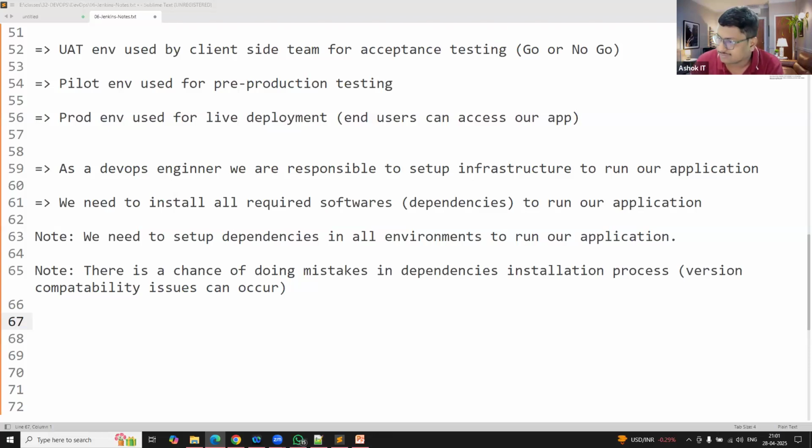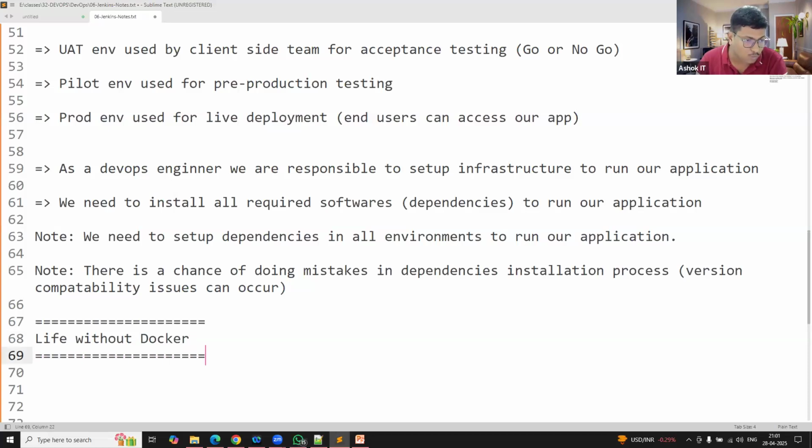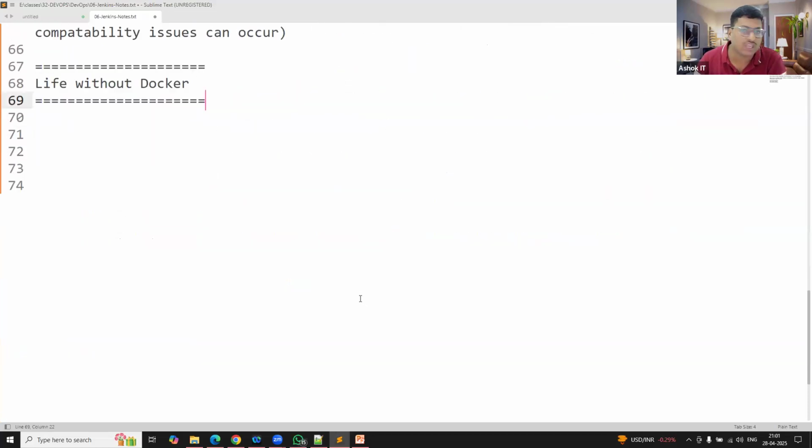Manual process. Okay. When you are going to run your project without using Docker, what are the challenges we are going to face, guys? Okay. It works on my machine problems.